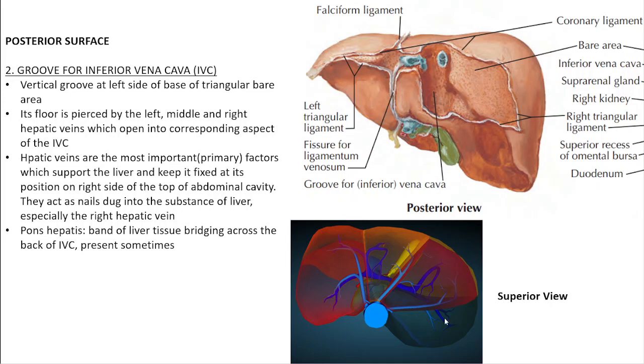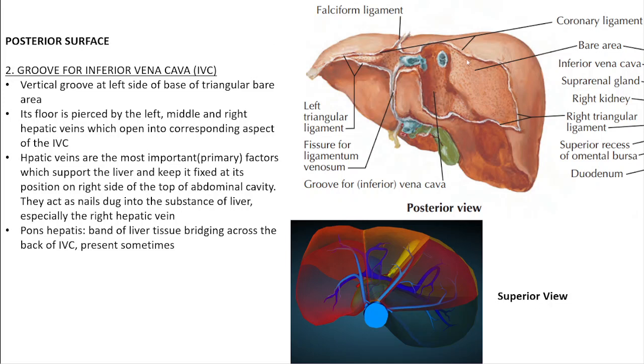So they are the chief factors responsible for keeping the liver held in the upper right part of the abdominal cavity, and they do not let the liver move much. The liver does move slightly with respiration. When you inhale, the diaphragm comes down, so the liver also moves slightly downwards, but this movement is not very significant, and it is held in place chiefly by the hepatic veins. Out of the 3 hepatic veins, the right hepatic vein is the strongest support. This vein in dark blue that you are seeing, this is the portal vein, does not contribute to any support of the liver. So hepatic veins are acting as the primary factors in supporting the liver.